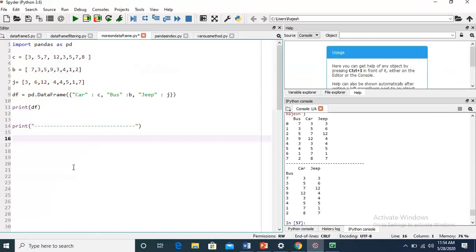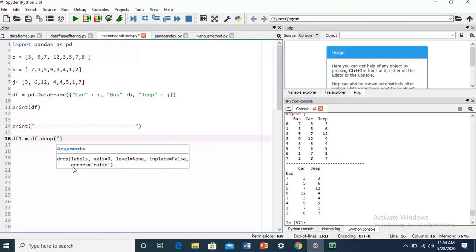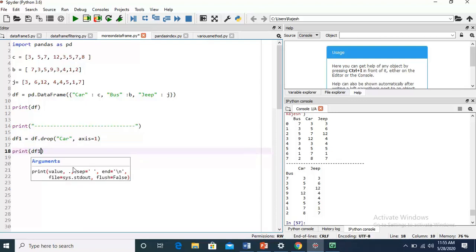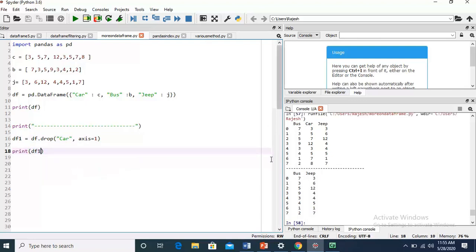Then how will we delete it? df1 is equal to df dot drop, then I have used car, then axis is equal to 1, and now I will use print df1, press F5. You just see the column car is deleted.